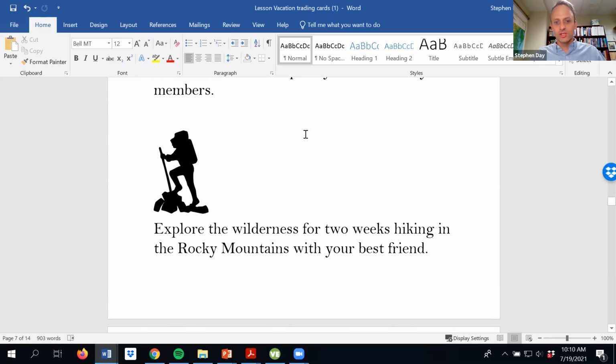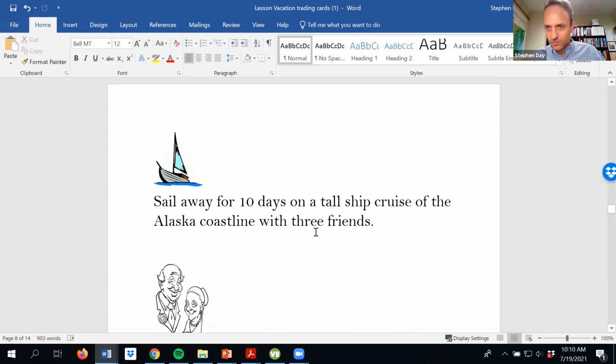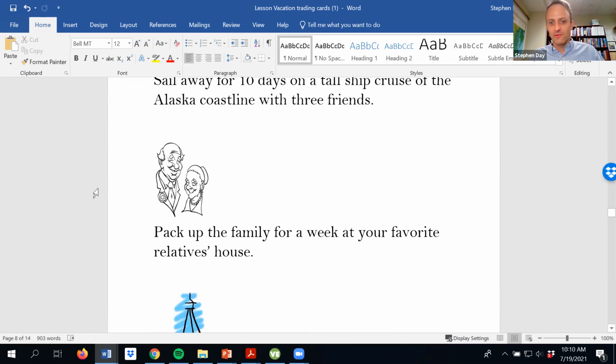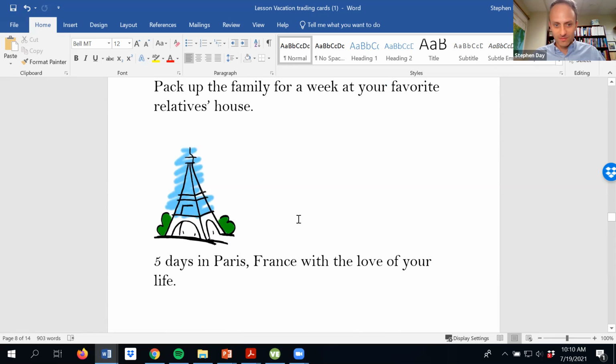Haley, you get to explore the wilderness for 2 weeks hiking the Rocky Mountains with your best friend. Nathan, sail away for 10 days on a tall ship cruise of the Alaska coastline, 3 friends. Madeline, pack up the family for a week at your favorite relative's house. And Rain, 5 days in Paris, France, with the love of your life. If you don't have a love of your life, one is supplied. Okay, so